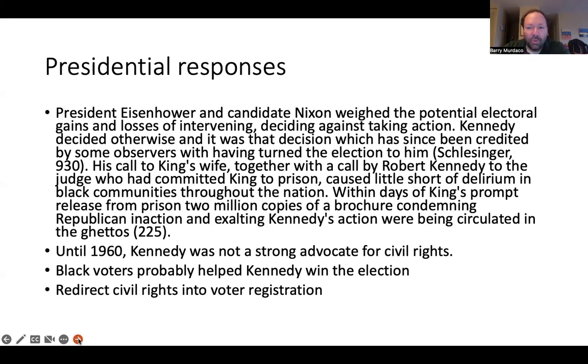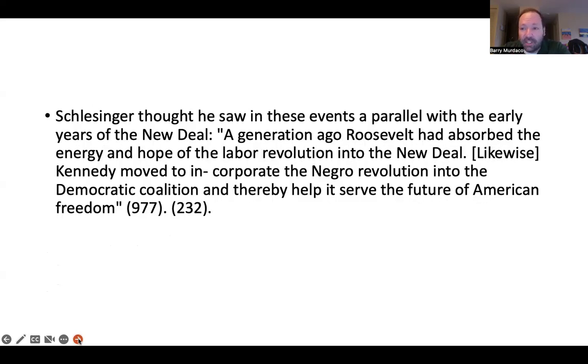And so Kennedy's response to this is to play the function that political institutions normally do, which is to take radical actions and try to divert them into safer, more tolerable actions. So Kennedy's response was to try to redirect the civil rights movement into voter registration rather than taking on the issue of segregation in a direct way. Well, let's just get people to register to vote and redirect the civil rights organizers into leading these voter drive campaigns, which I wonder, Kennedy being a clever politician, if he also saw would benefit him, right? Because you'd be signing up more people who would probably be more likely to vote for him.